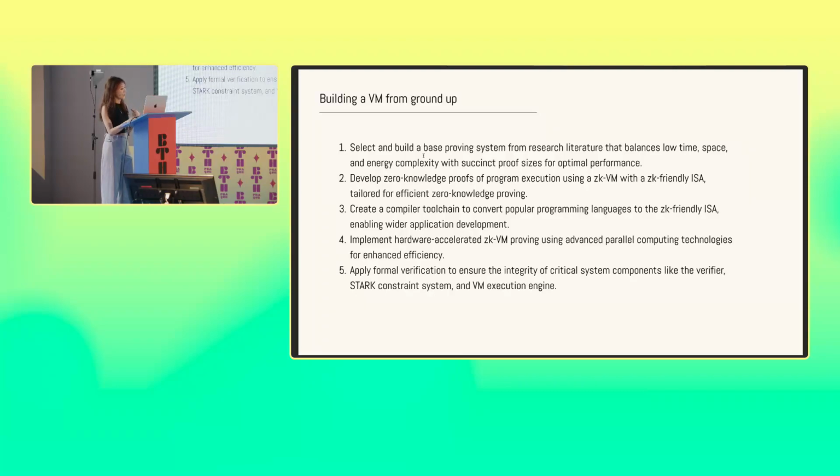Third, we have to create a compiler toolchain to support high-level languages. Therefore, we are writing an LLVM-IR to our ZK VM compiler backend. Now we support C, and we're going to support Rust, C++, Solidity and other languages that have an